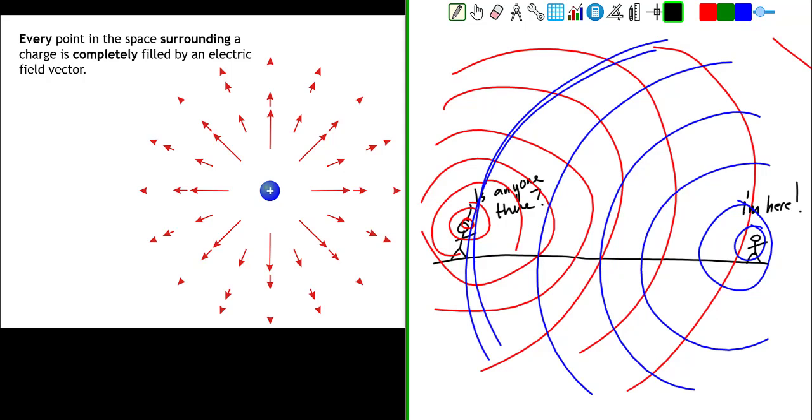Now the electric field isn't too dissimilar from this. Surrounding every charged particle is an electric field that completely fills the space around it. The electric field is a messenger, kind of like this example of you out there putting out a message. But the electric field communicates more than, is anyone there? The electric field's message would be something like this. I'm a positive particle. And that message goes on into space. And I'm here.